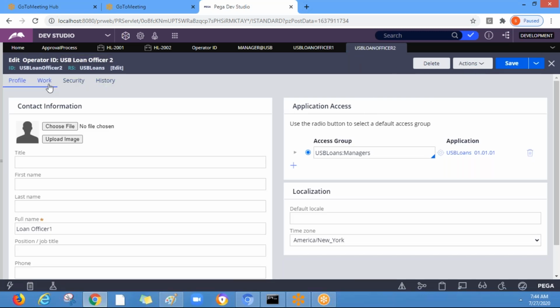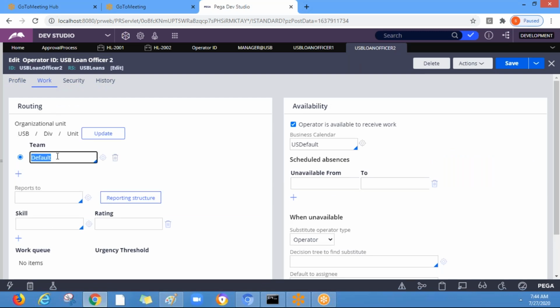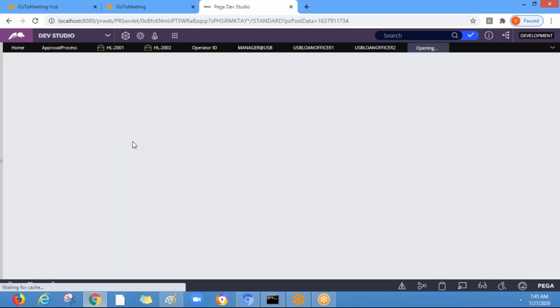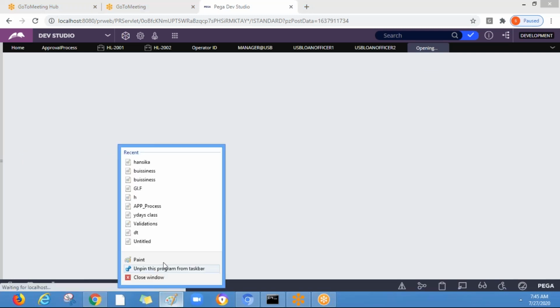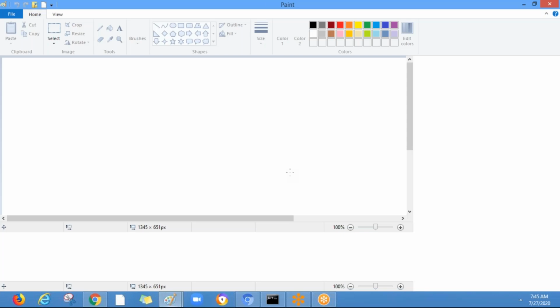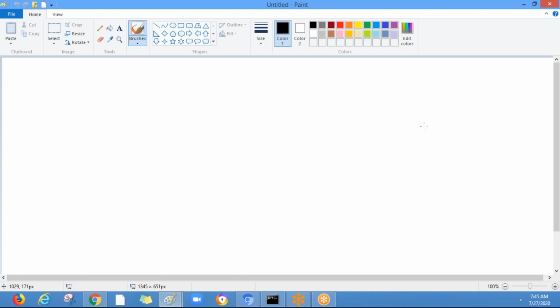So if you look at any operator, we'll have the default work group. This is called work group. Okay. And inside the work group, we'll have a work queue defined. That is also default.